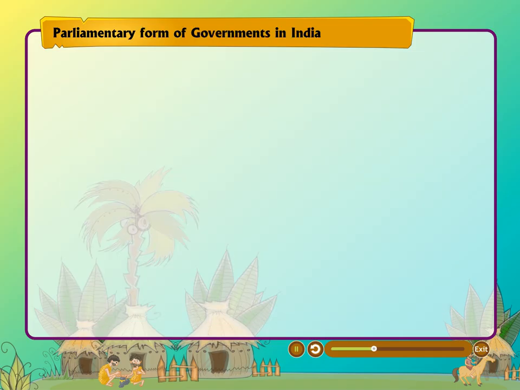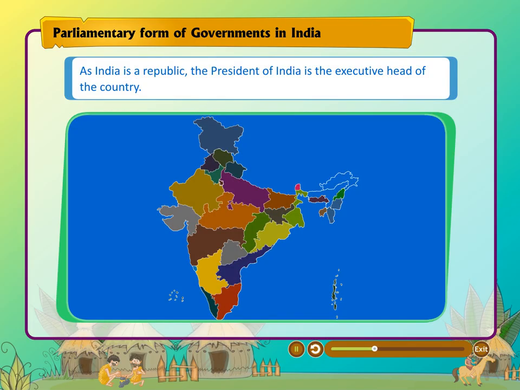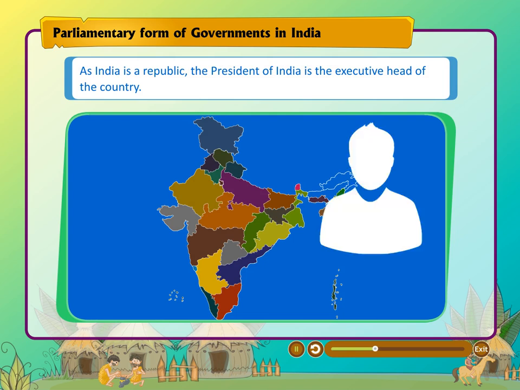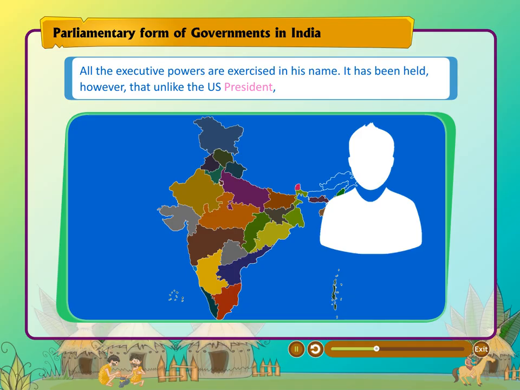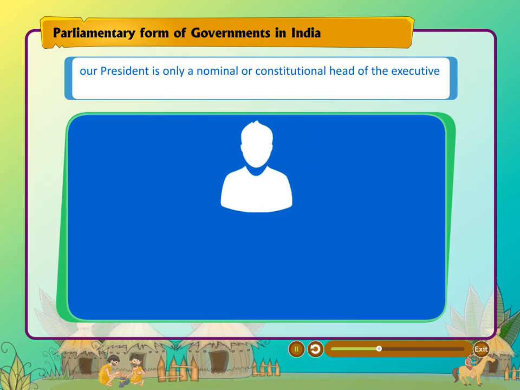Parliamentary form of government in India. As India is a republic, the President of India is the executive head of the country. All the executive powers are exercised in his name. It has been held, however, that unlike the US President, our President is only a nominal or constitutional head of the executive,